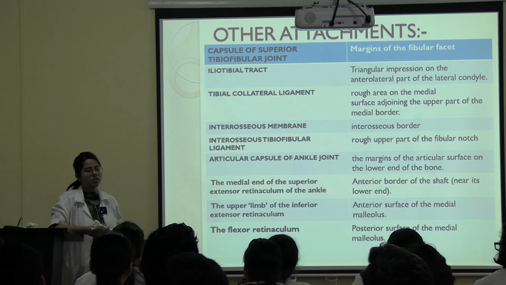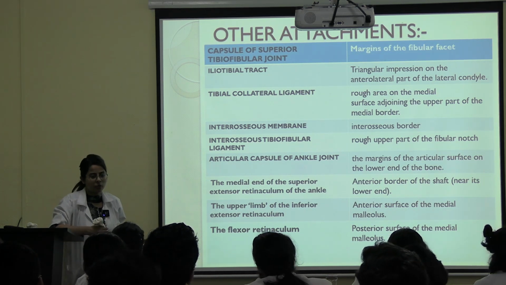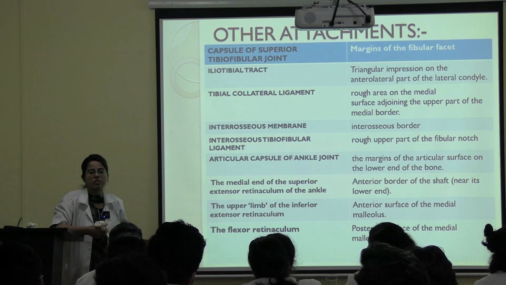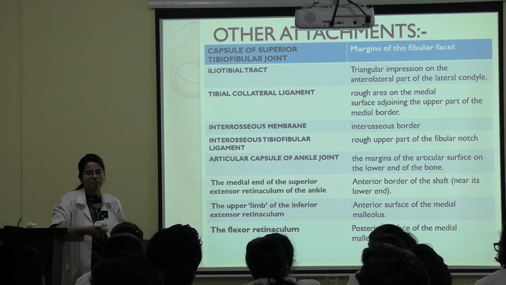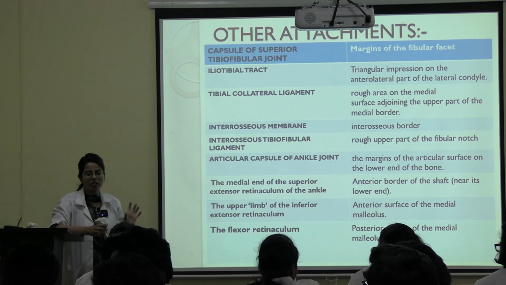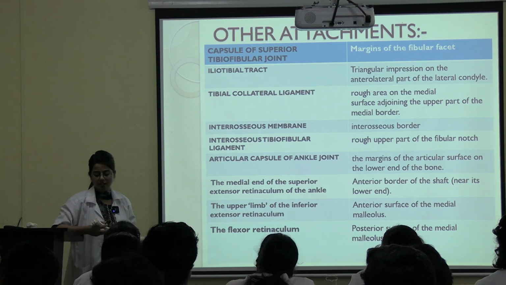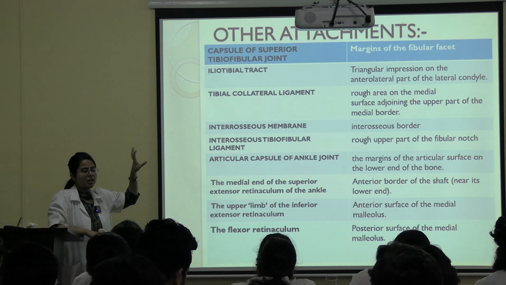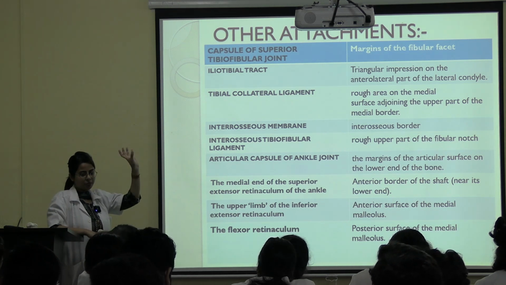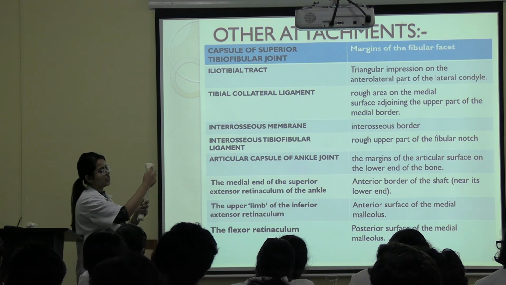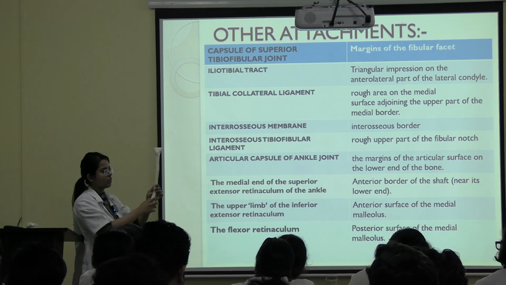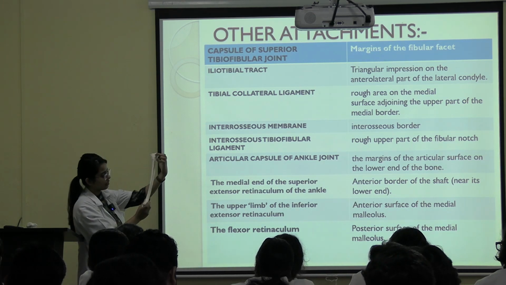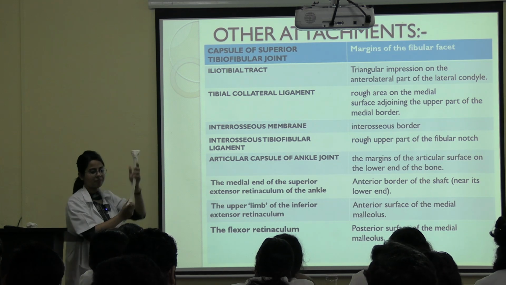Okay. It's a fibrous sheath of deep fascia. Have you heard about tensor fascia lata in the femur? Have you heard the word? Okay, so this iliotibial tract will have this gluteus maximus and tensor fasciae latae before, and in the end it will join here. It will insert in this part, this triangular area in the anterior surface of the lateral condyle.